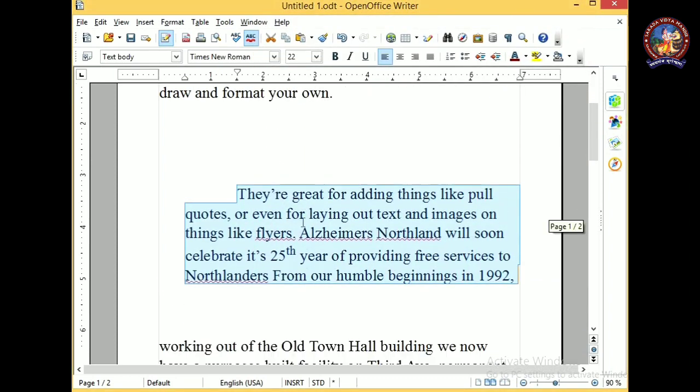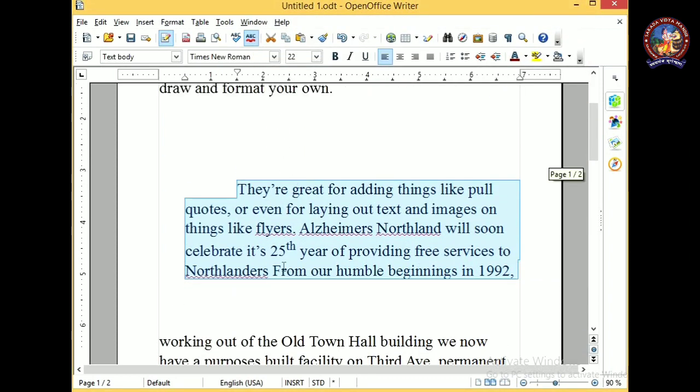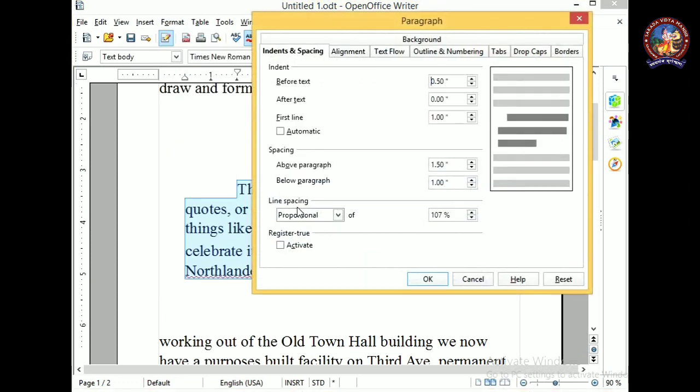You can see that before the paragraph and after the paragraph there are gaps, but this gap is larger because it is 1.5 inch I have given and this is 1 inch. So again, now the line spacing. So this is also another important feature. So line spacing, there are various options. You can see 1.5 line, double line, proportional, at least. So I better suggest at least, because here we can give the value in inch, in decimal inch. So I am giving the value, suppose 0.5. That means between each line there will be 0.5 inch gap.